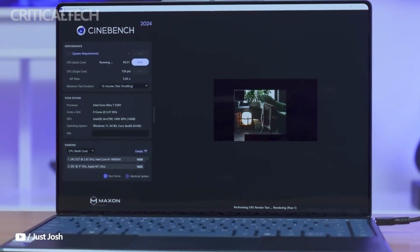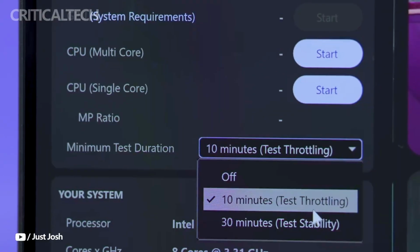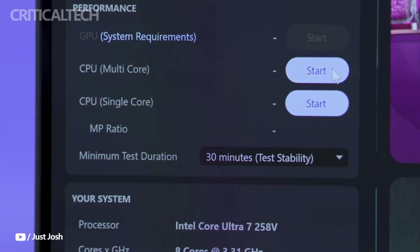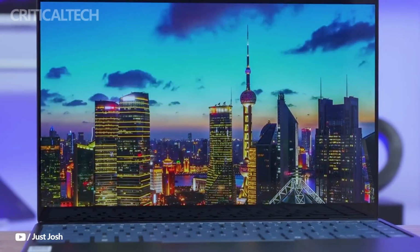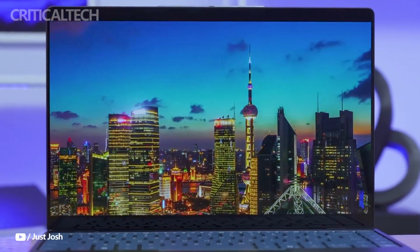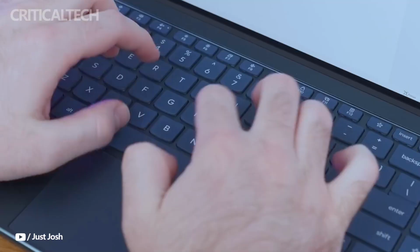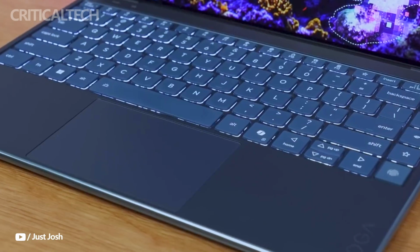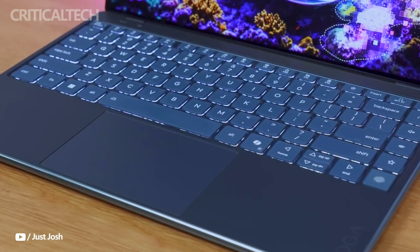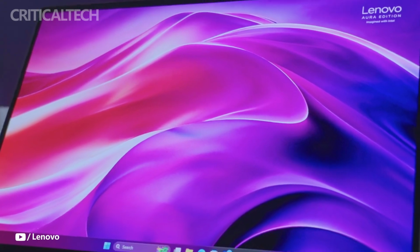With a combined CPU and GPU TDP of 130 watts, the laptop ensures efficient thermal management, enabling sustained performance during intensive tasks. The audio experience is equally impressive, thanks to a 6-speaker Dolby Atmos system comprising two 2-watt tweeters and four 2-watt woofers, delivering immersive sound quality. The 5-megapixel webcam enhances video conferencing with sharp, detailed visuals,